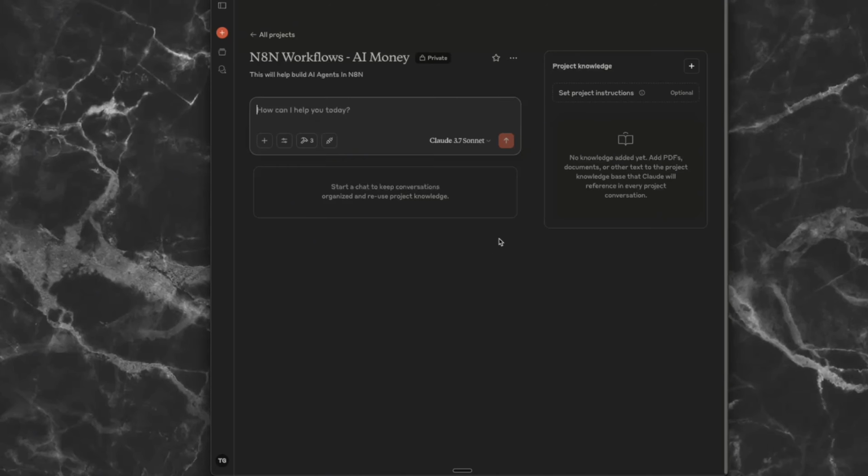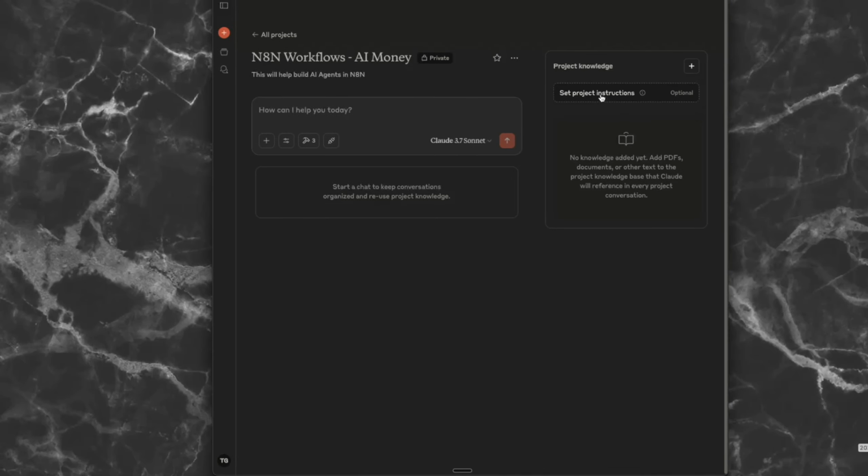And once within your project, your chat logs and chat history will be here. And this is where you can add context to your projects. So here you can see set up project with instructions, and it is optional. And if you hover over it, it says provide Claude with specific instructions and context for all chats in this